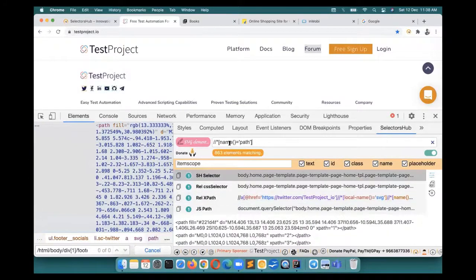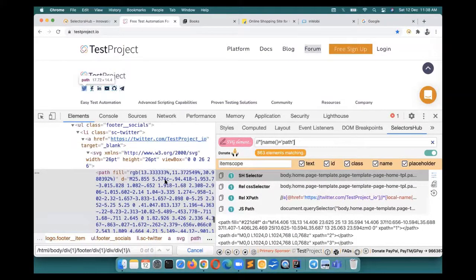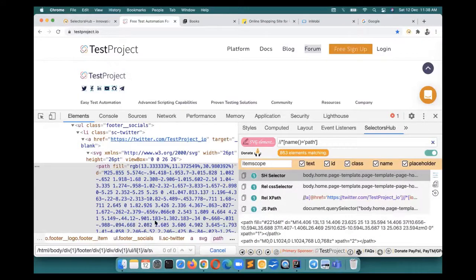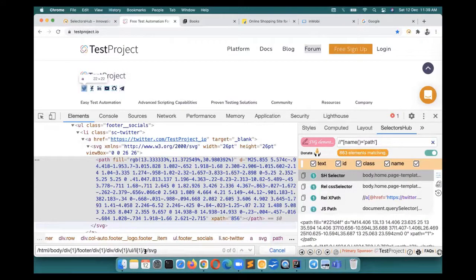So all this we are learning with the help of Selectors Hub. It was never possible before because nothing was available. So we thought, okay, this is the correct thing, this is the right one. Because of that, we were always doing wrong things for SVG, finding locators through Chrome DevTools. And trust me, I did a survey recently on LinkedIn, and almost 80% of people gave the wrong answer for the SVG XPath pattern. Why? Because we wrote our own XPath using Chrome DevTools and we always learned this pattern, and we didn't know what the right pattern for this was.